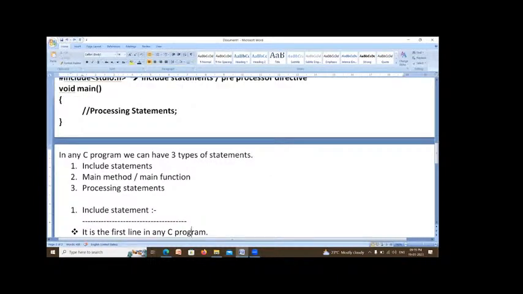One is the include statement. Second is the main method, also called the main function. Third is processing statements.